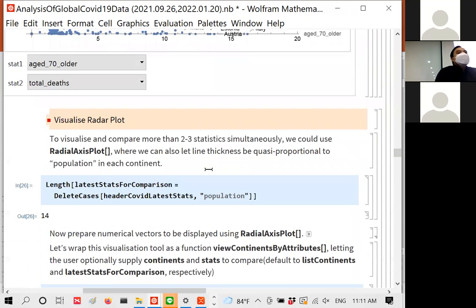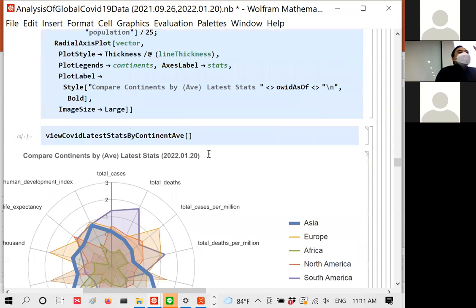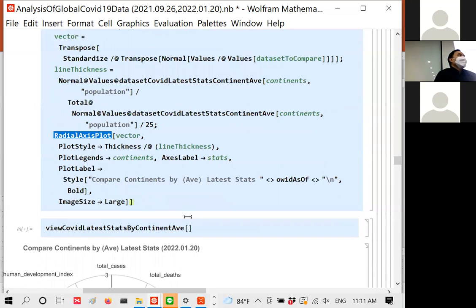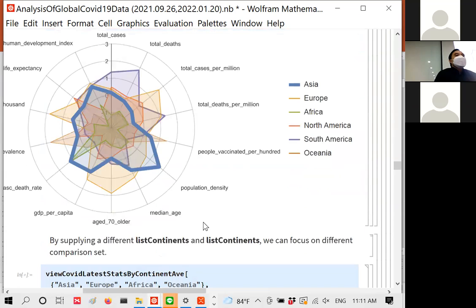So instead of time versus death, it's death versus new cases or population, and so forth. Now I'm going to look at something else. I look at the latest date, but I want to compare. I can't compare 200 countries at once, it's too much. So I'm just going to compare continents. I'm going to use what's called a radial axis plot for the dimensions I'm interested in, in this case total cases, total deaths. Again, this is 14, right? And then 1, 2, 3, 14. If I have 67,